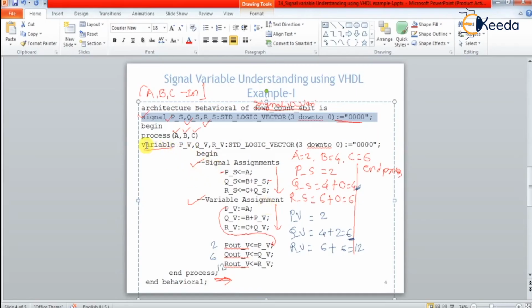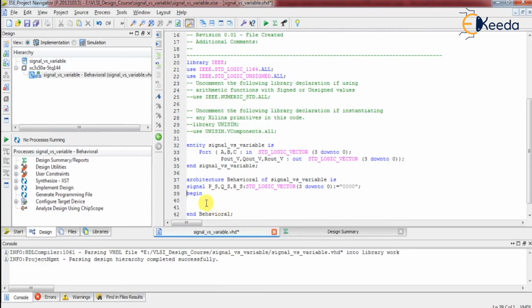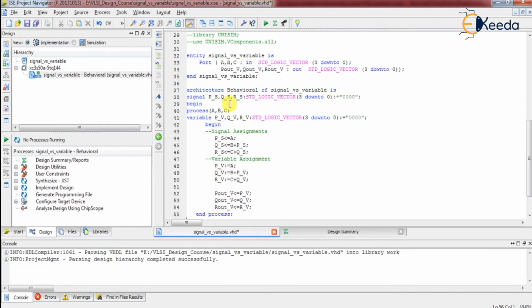Then the variable, and directly end process. Here we have taken a process with A, B, C as the inputs, and variables P underscore V, Q, V, R, V of 3 down to 0.